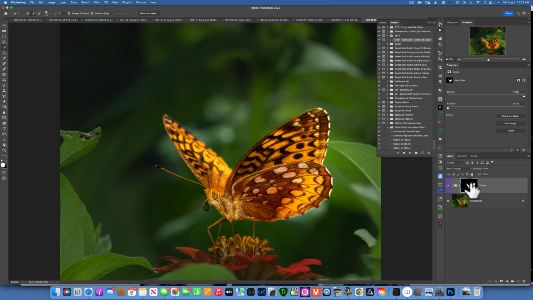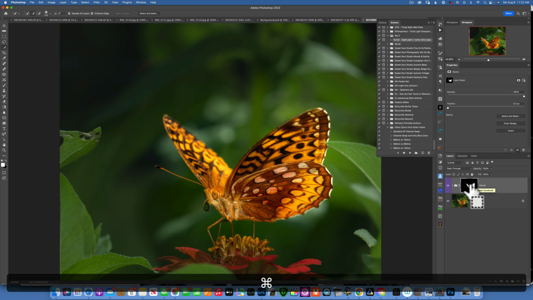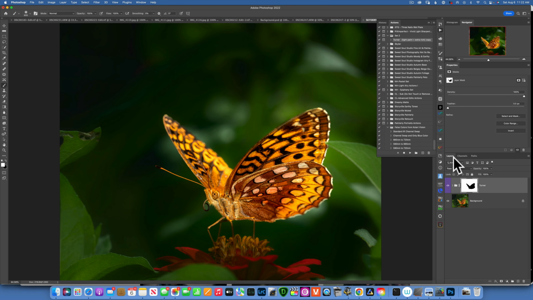But as you can see, it created a mask where my butterfly is visible because it's white. So the effect is happening only on the butterfly, not the background. I wanted the other way around. So to do that, I'll do Command I, and that will invert my mask. Now my background is blurred beautifully and my butterfly is sharp, but the selection was not perfect, and I do